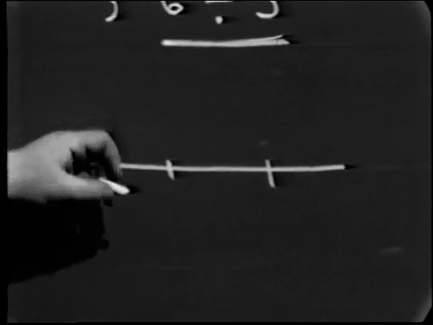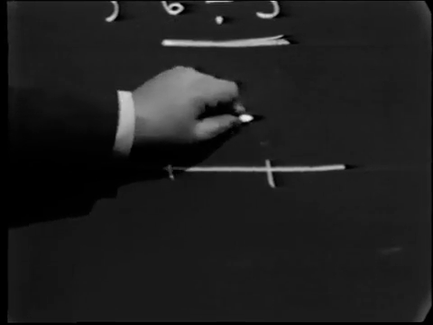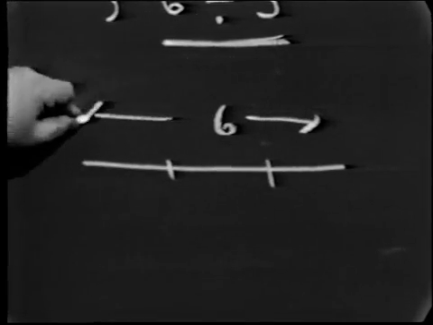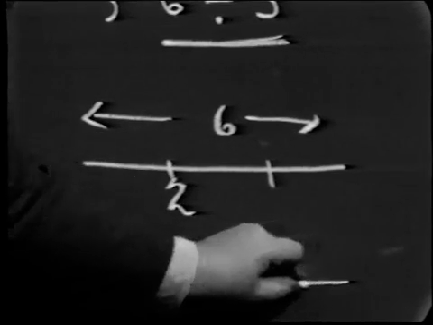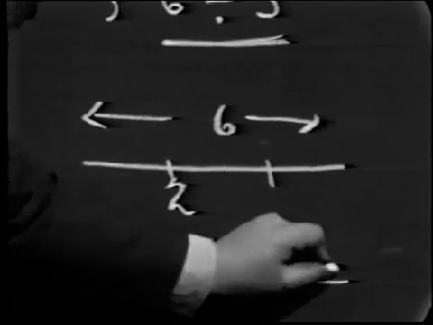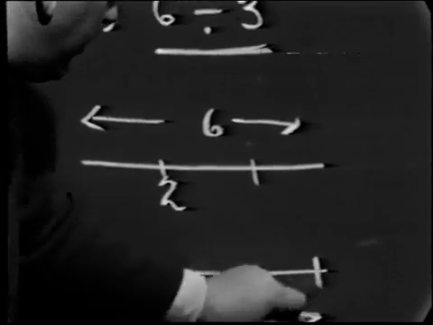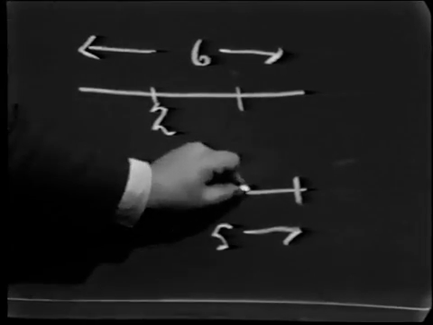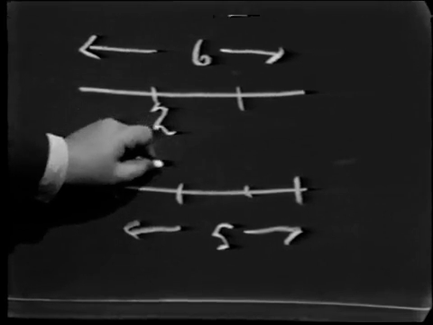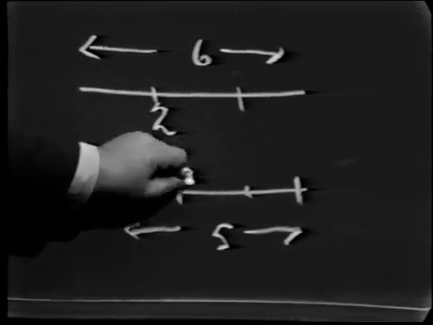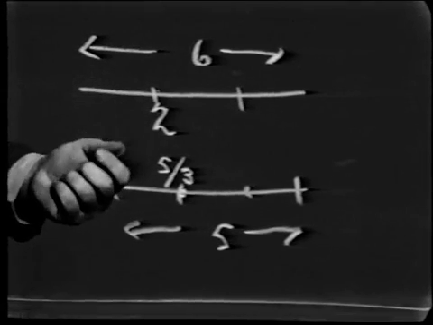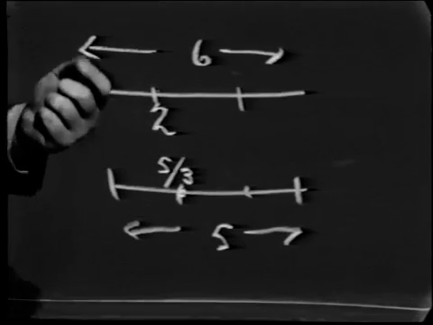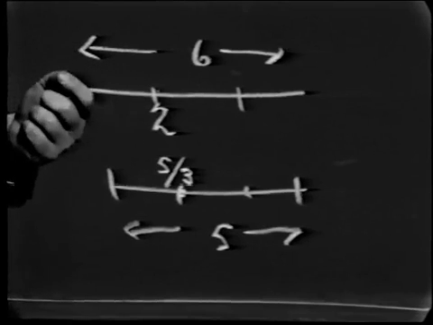To be sure, if this line happens to be 6 units long, this point is named 2. And if, on the other hand, the line happens to be only 5 inches long, the resulting point is named 5/3. But notice that in either case, I can, in a very natural way, define or identify either ratio as a